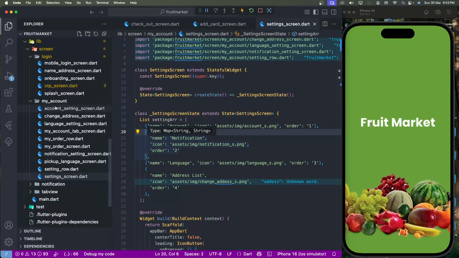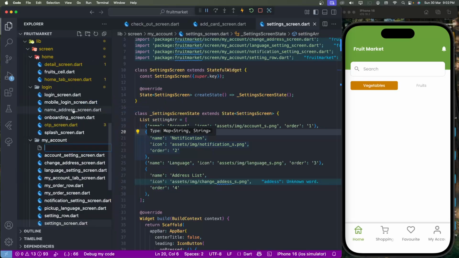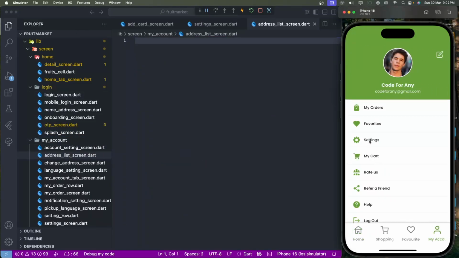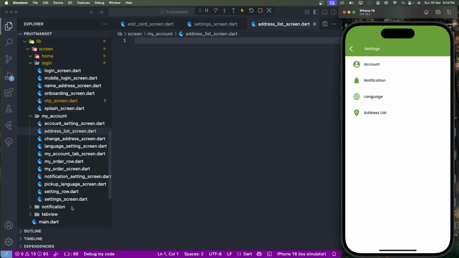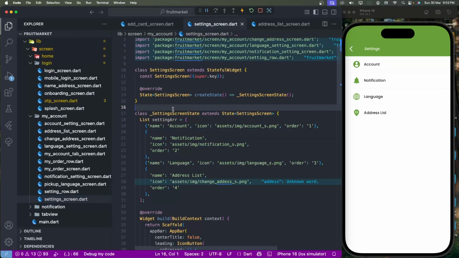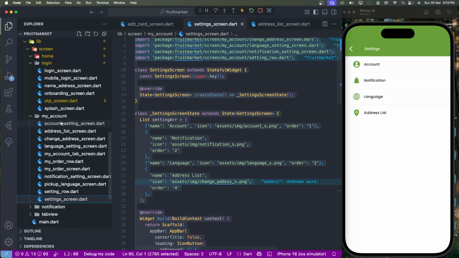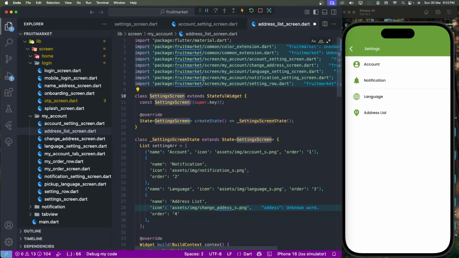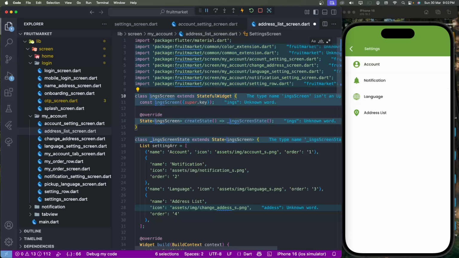Now making the new screen, so we need to give the name: new file, address_list_screen.dart, like this creates. And we need to copy the settings screen, copy all the data, and paste it inside the address list screen. Now we need to change the screen name. We need to write down